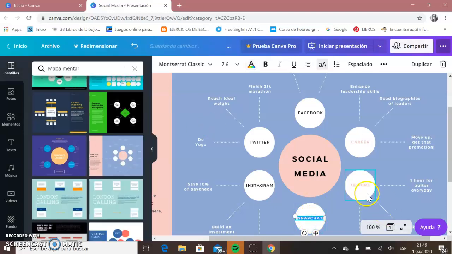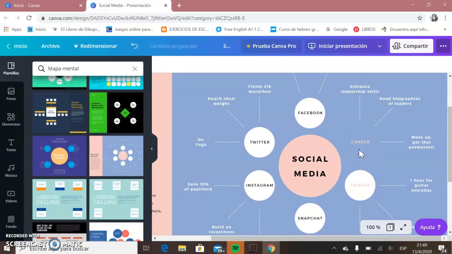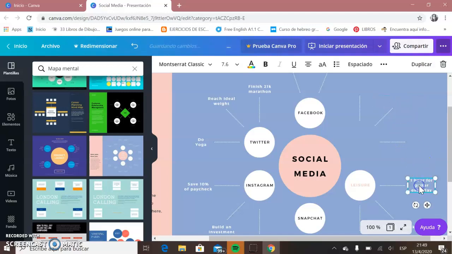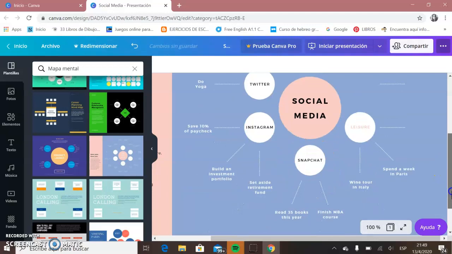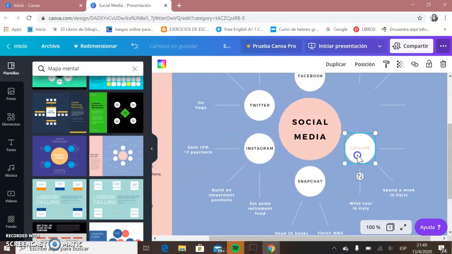and we can create more circles like this, or we can just delete. We can delete one because we're not going to use that many. We can delete all the text that we are not going to use, or we can also create one more. We just click on the figure and we go to duplicate. So we locate it where we are going to use it,